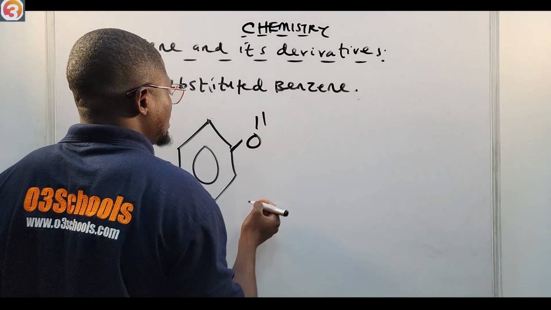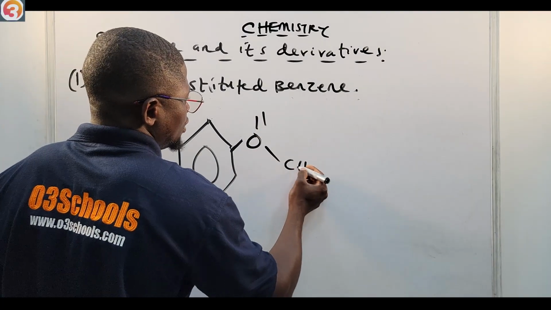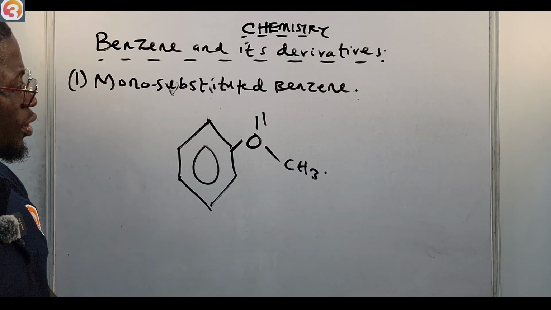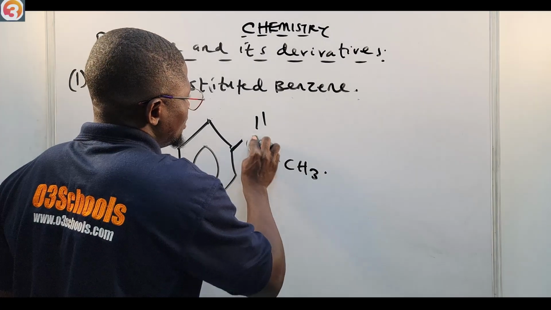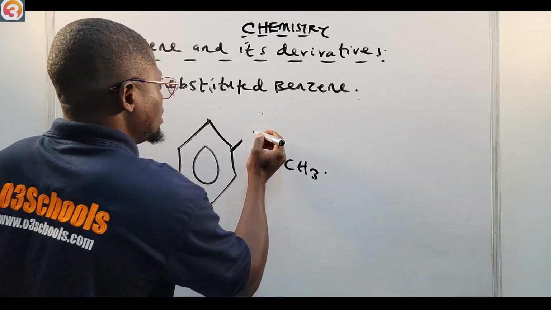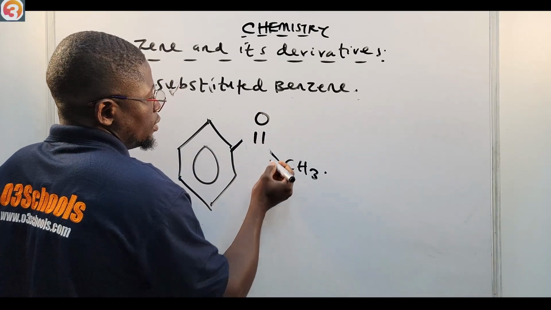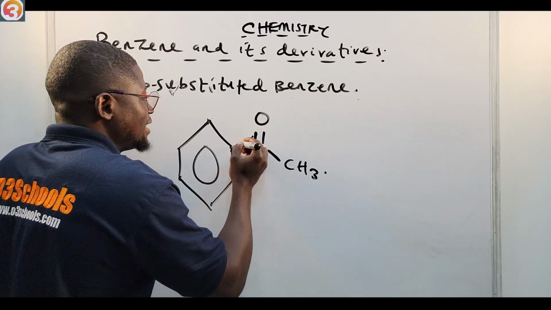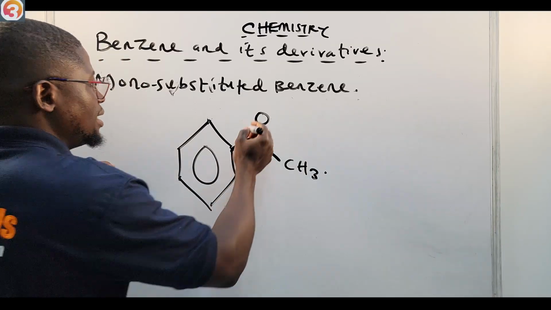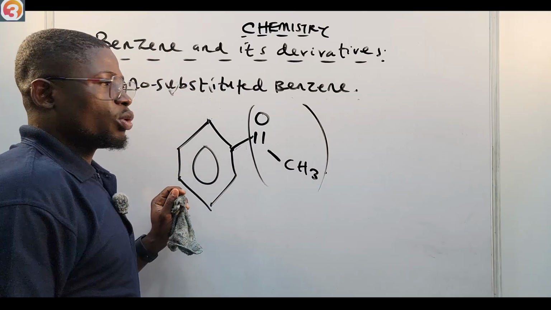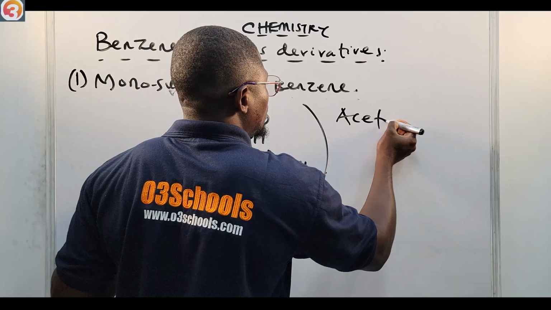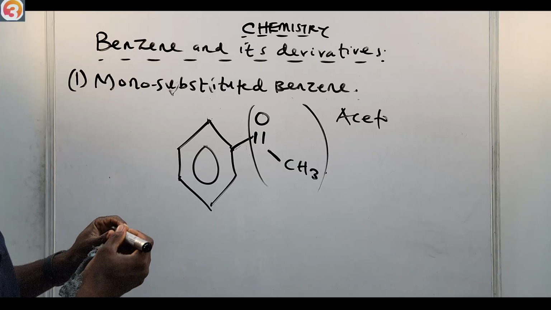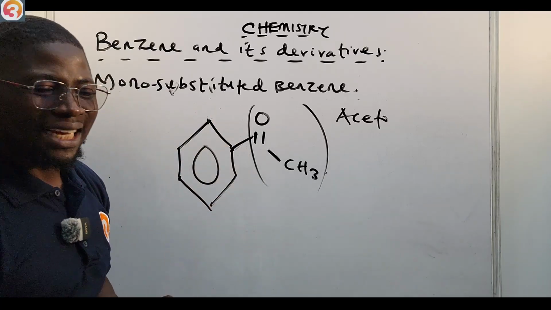We have something like this, then I have C6H6. Let's say a ketone functional group is attaching itself. Sorry, not this. We actually have something like this, with a double bond to oxygen. If I have a ketone functional group attaching itself to a benzene ring, this one is the ketone, or we'll call it the acetyl group. If you have a ketone functional group attaching itself to a benzene ring,